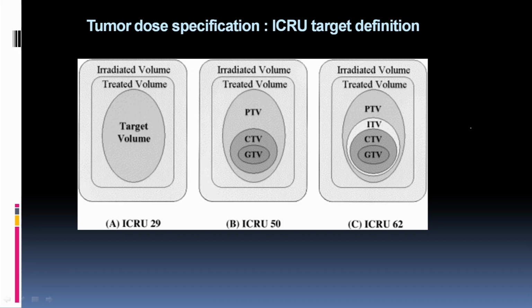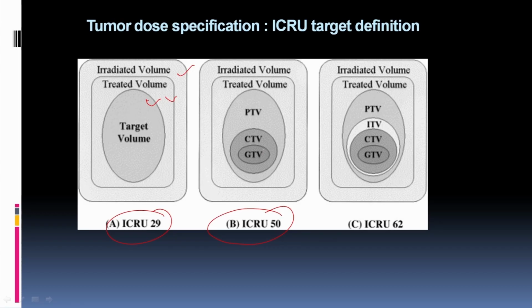ICRU is the body which defines the target volumes, meaning what are the targets to be irradiated, and we have ICRU 29. They were used in earlier days, when we used to treat our patients with very conventional techniques, where they defined a target volume and a treated volume, which is the volume having a significant dose, and one is the irradiated volume. Now, in ICRU 50,